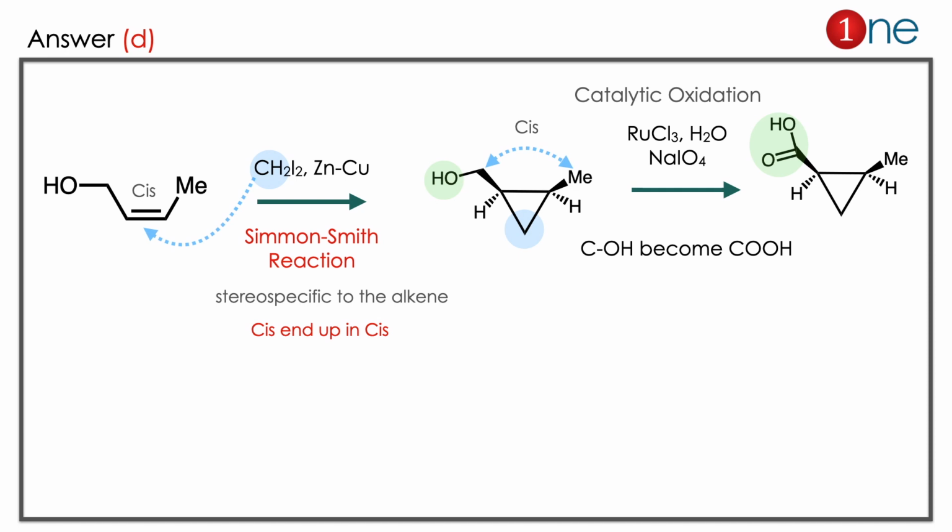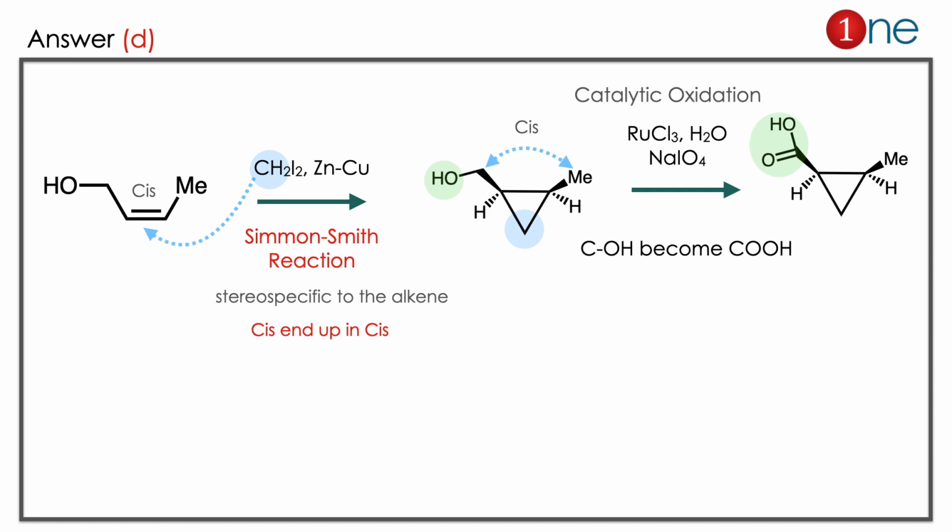Normally it's a direct methylene addition reaction. So the methylene group is inserted on the double bond. So it's like cyclopropane formation. Then the retainment of the cis position is always there. So the methyl group and the methyl alcohol group are above the plane and hydrogens are below the plane.